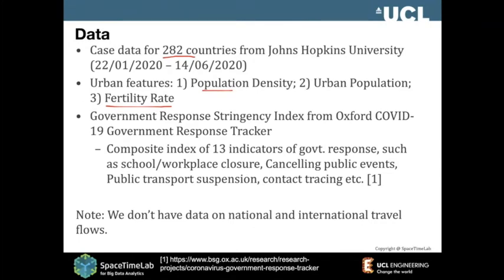Because from our finding with other work, I think the commuters actually is a major factor in terms of mobility, spread the virus, and the young people keep a key role in that. And the third, government controlling strategy is very important, and Oxford has done fantastic work, and they define 30 indicators to represent the government's response. However, we really don't have the data on national or international traveling flows. So that means no mobility data is really able to be combined.